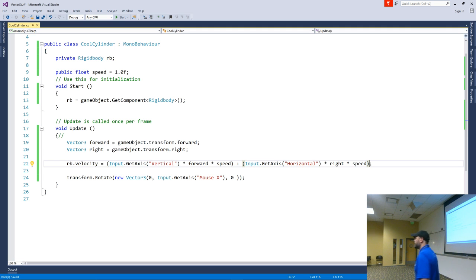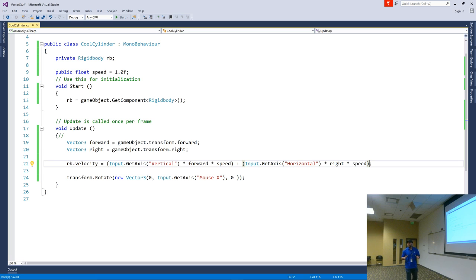If you look at the steps I did for simple third-person movement of changing velocity, I made two vectors and got the forward vector and the right vector. This velocity is a vector. I set this velocity to scaled versions of these forward and right vectors based on input. Then I rotated, which takes in a vector, along an axis that I want based on the input that I'm getting. So who's lost on that? It's okay if you are. Kind of get it? Yeah.